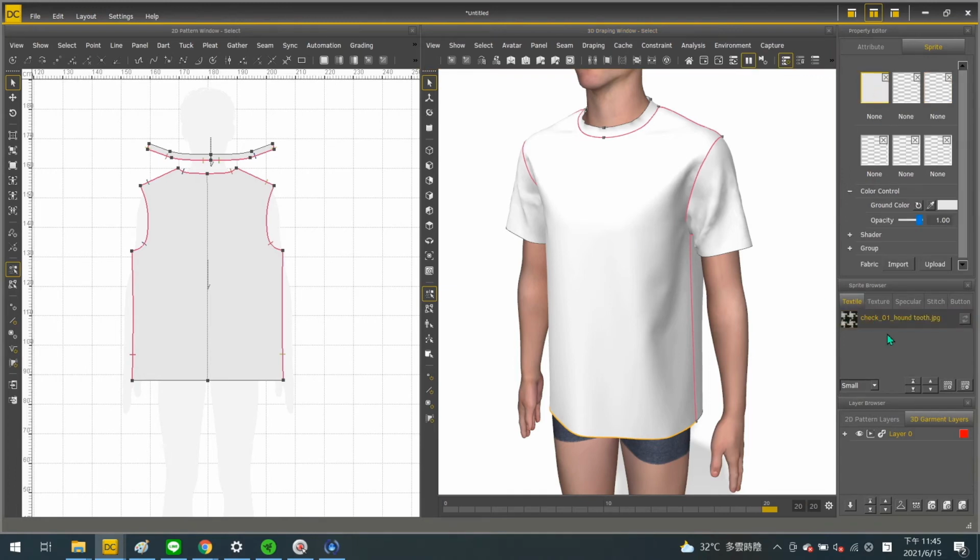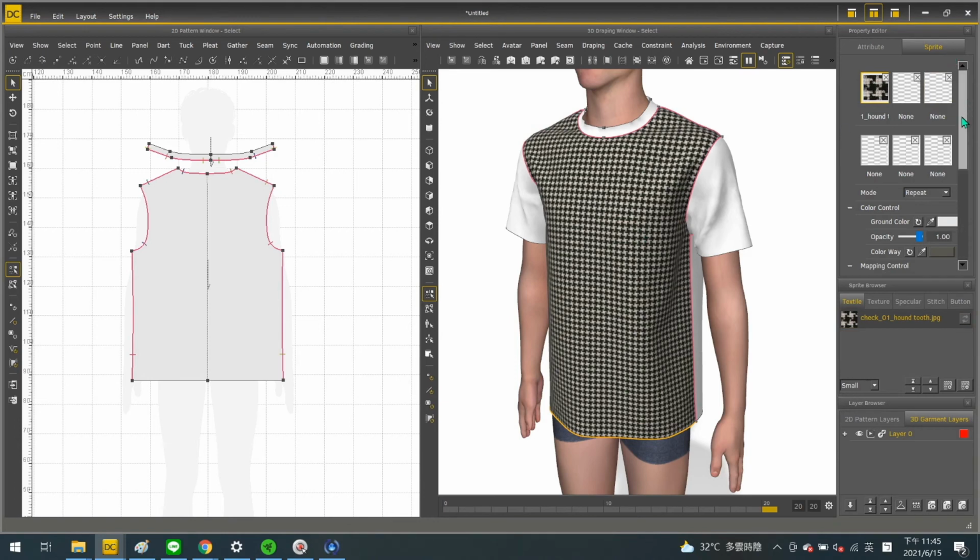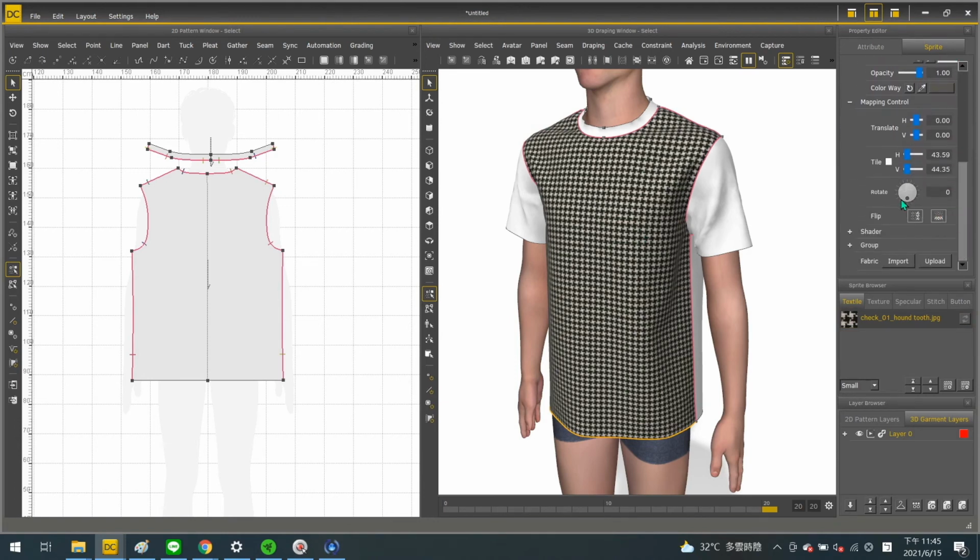And the next is to adjust the size of the fabric. Tiling here means the repeat times in 100 centimeters in horizontal and vertical direction. So X is horizontal and Y is vertical.